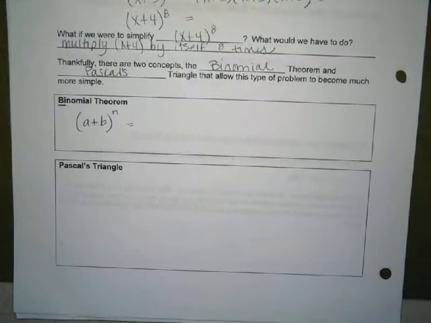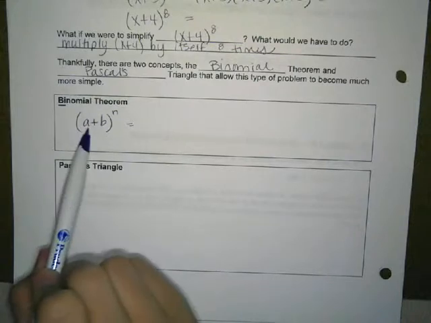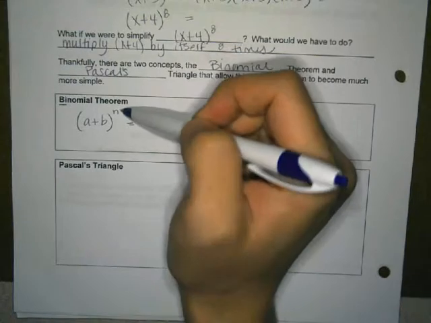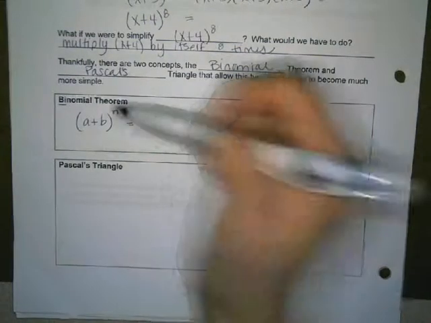So this type of problem becomes actually very simple with no work at all, because it follows the binomial theorem pattern. Notice with the binomial theorem, bi means what? 2. Nomial means numbers or terms in this case. So you can only do this with a binomial. So when you have a plus b, or 2 things added together, or even subtracted, it works that way too, raised to some kind of power on the outside. To expand that,